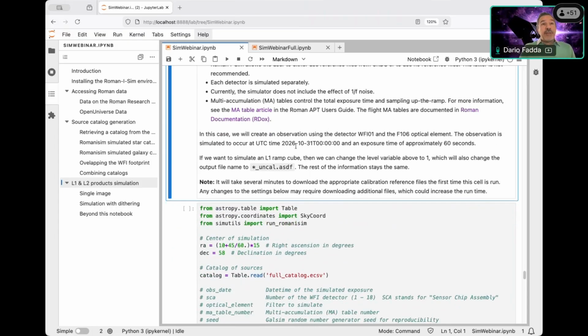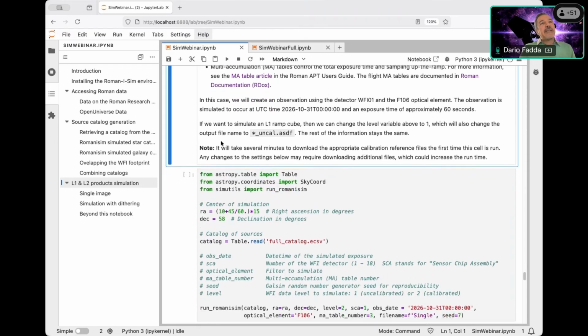You will be able to put in an observation time. For instance, now we put as the time the first day of launch of Roman, which we hope will be the end of September, whatever it is, next year. And so,